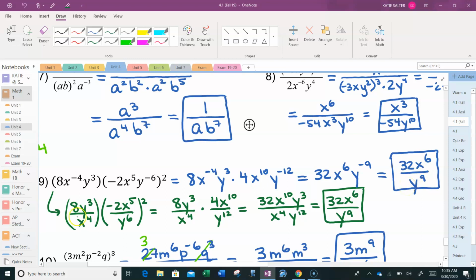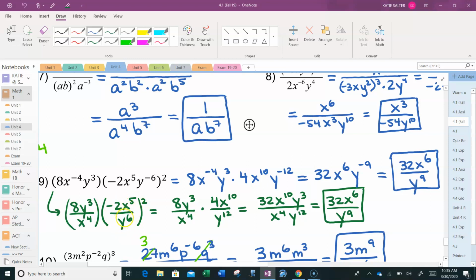Another way you could have done this problem is where I've worked it out in green here, where I get rid of the negative exponents from the beginning. So in this first product, I move the x to the negative 4 downstairs, so it becomes x to the positive 4. In the second one, I move the y to the negative 6 downstairs, so it becomes y to the positive 6. Again, just like the last problem, I have to square this second quotient before I can multiply